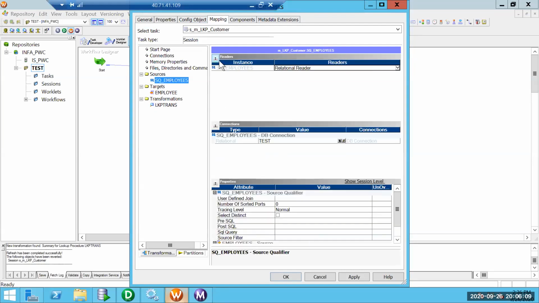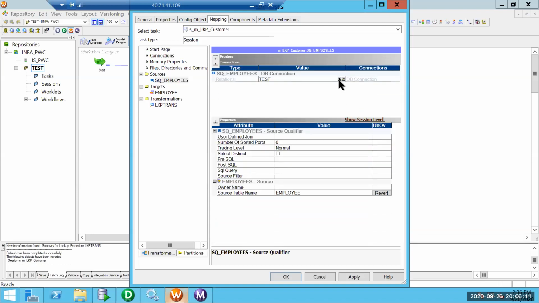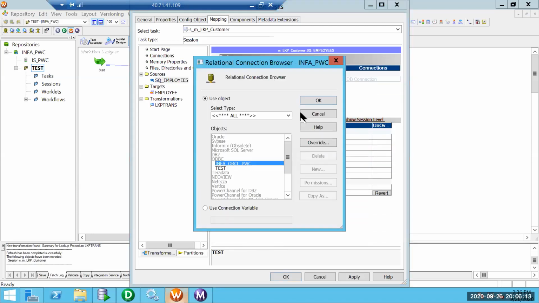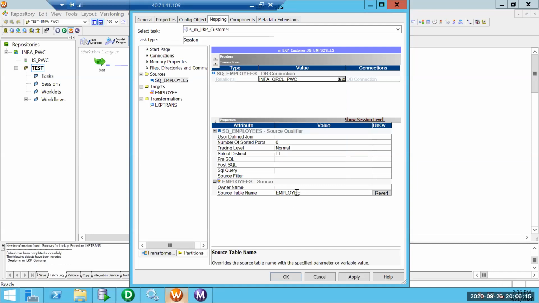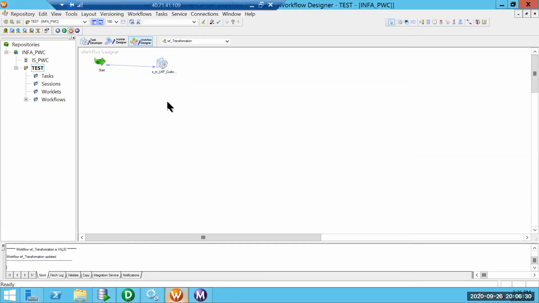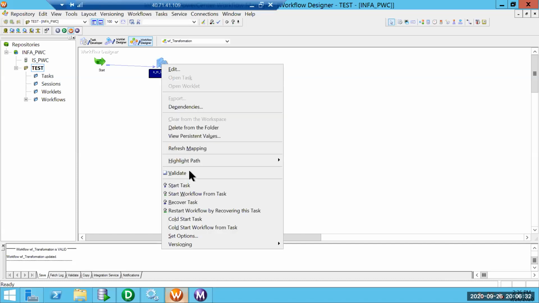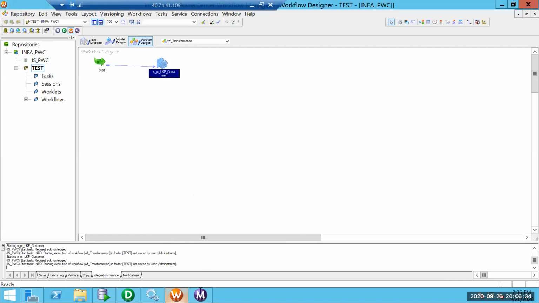Here it is not test, it is employees from the HR schema. The table name is employees only, so since the table name is the same, we need not specify anything. But the owner name is HR, so I am specifying HR. Let's save this. Let's run and see whether it is loading 109 records or not.